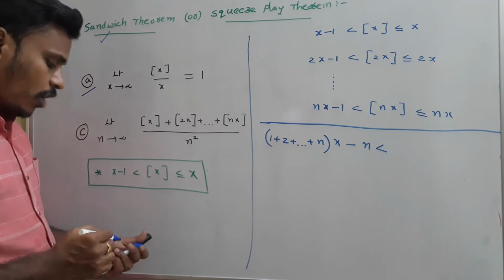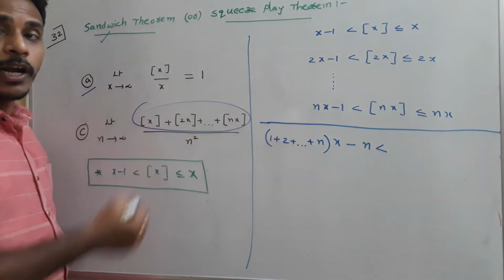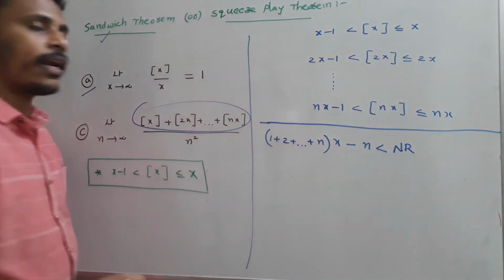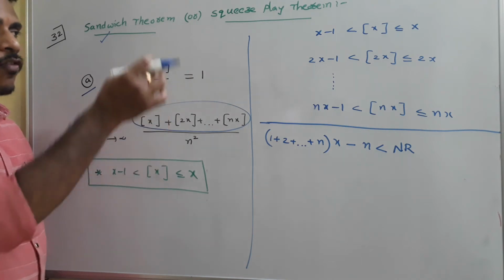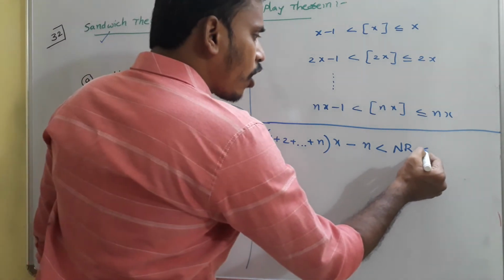So instead of writing all these things, I am just taking it as the numerator. Okay, this is the numerator of the function, right? And that's why I am taking this. It is like nr, the numerator of the problem, instead of writing the total summation because of the space. That's it. Which is less than or equals to,